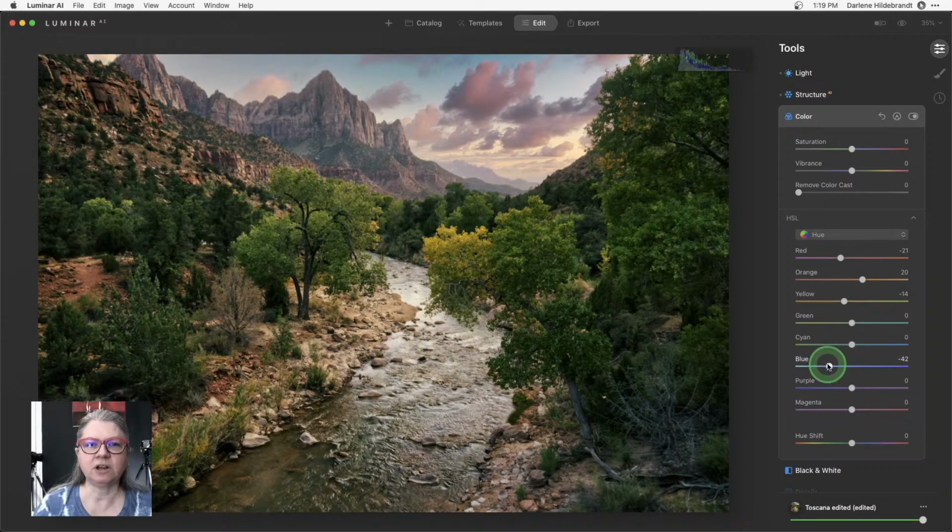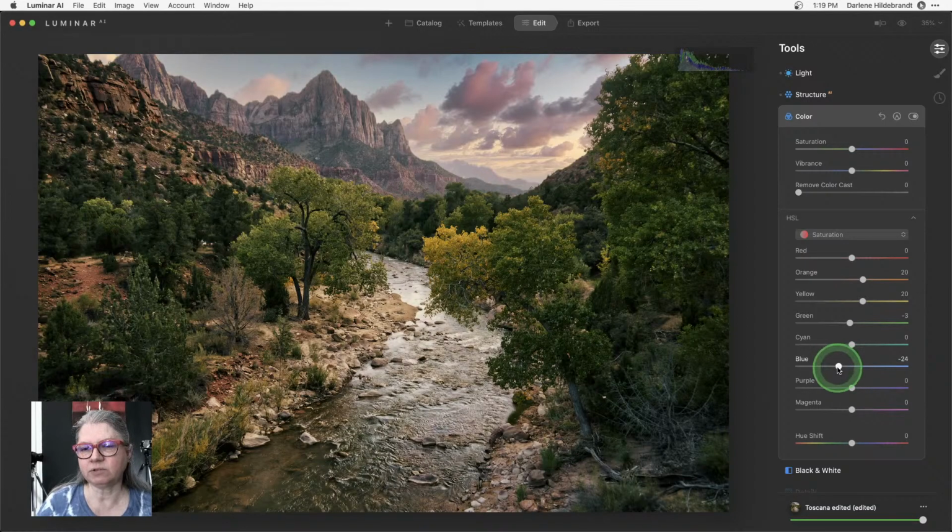And then we can even try shifting the blues if we want the sky to be a different color of blue, or if we want the green to be more towards yellow. If you want to create fall out of a summer image, this is where you would go to shift the greens more towards orange, okay? And then we can do things like adjusting the saturation if we want more saturation in the green or less saturation in the sky, or more. So this gives you a really great control.